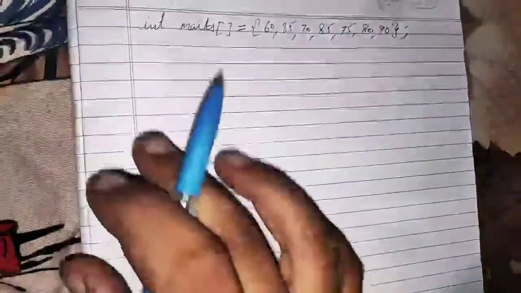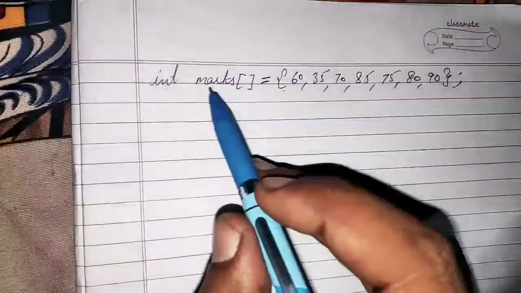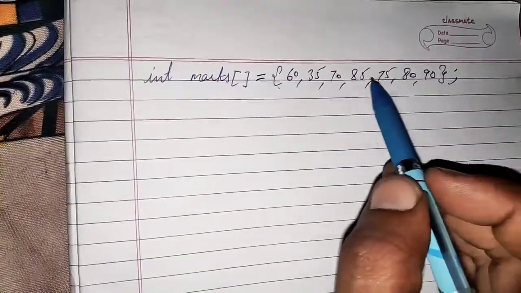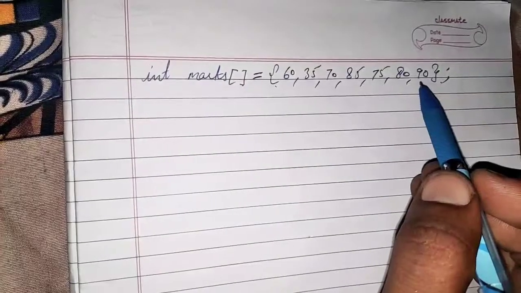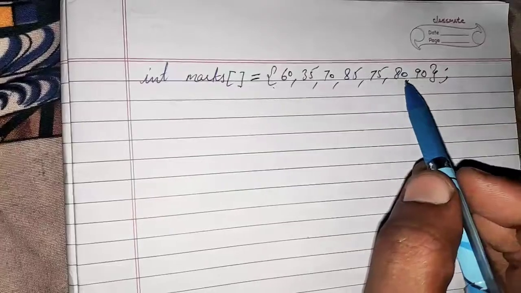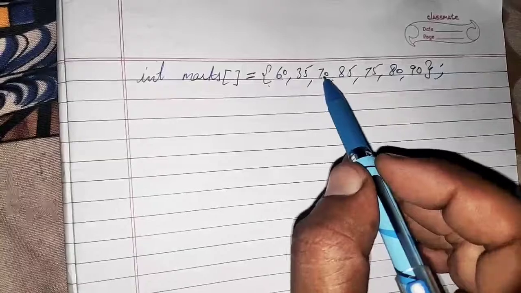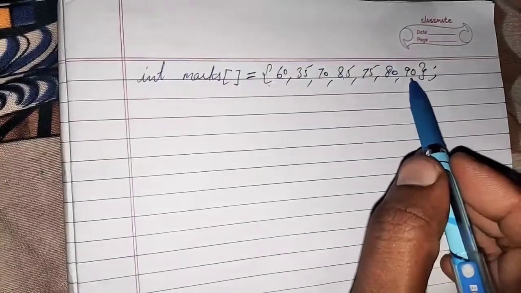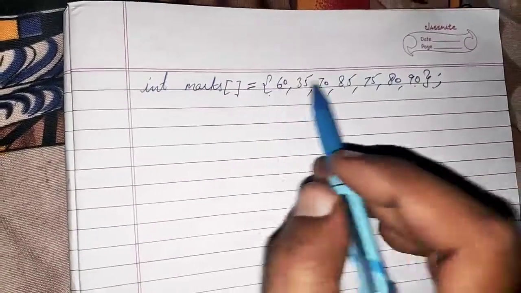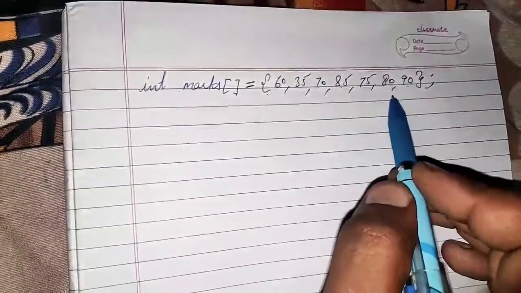But if you are doing declaration and initialization together, this is the line. This is the declaration of the 1D array, and you have entered the values here. So this is the initialization. Size need not be mentioned, because the number of elements you entered is the size. Suppose I have entered 1 2 3 4 5 6 and 7, 7 elements, so the size of this array will be 7. So this is called declaration along with initialization.